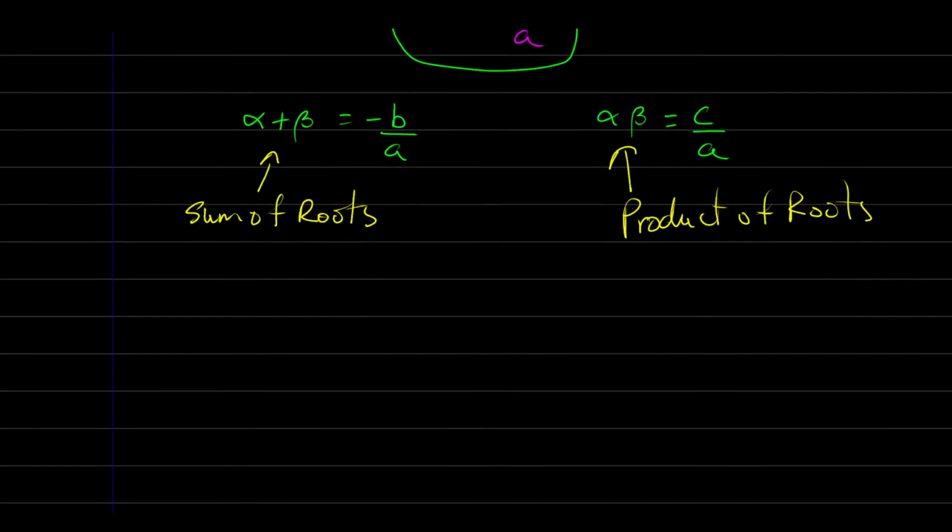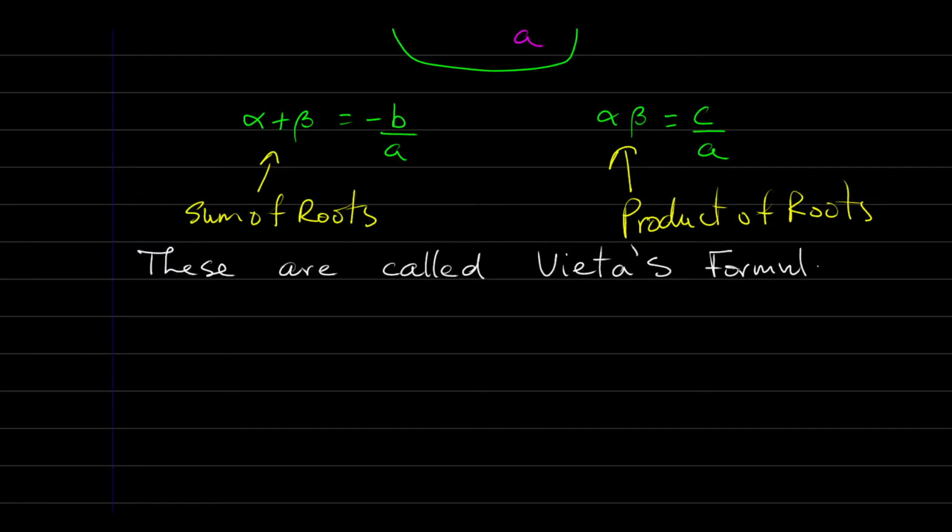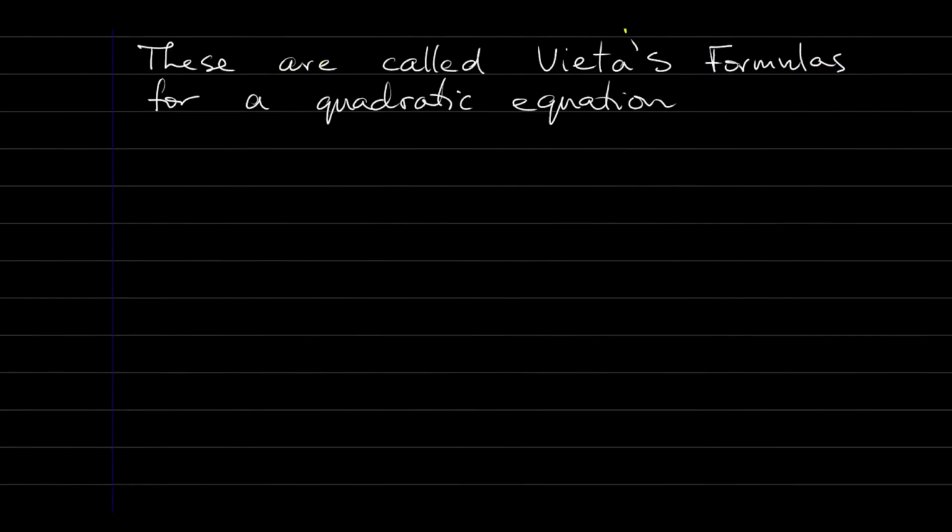Now, these have a name, and I'm just going to write it here. These are called Vieta's formulas for a quadratic equation. I'm not sure how to pronounce it. If I pronounce it wrong, I'm sorry. Right? And then we're going to start,